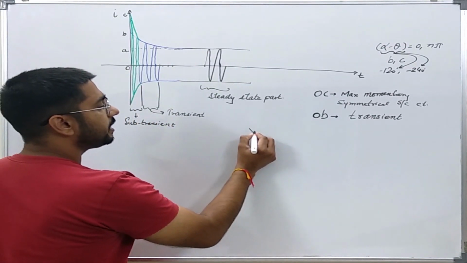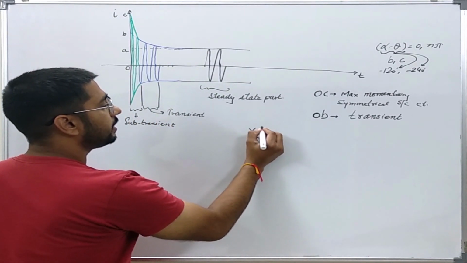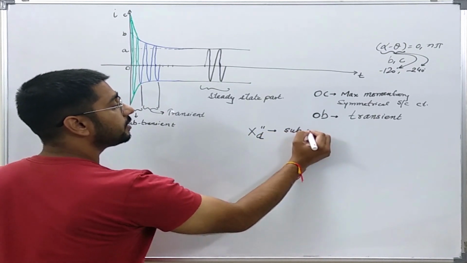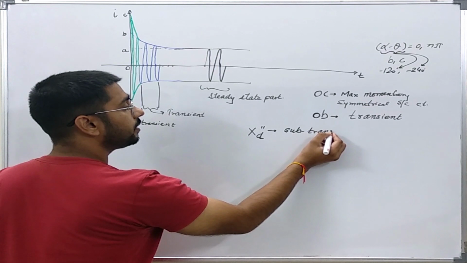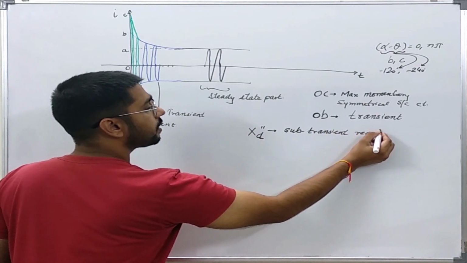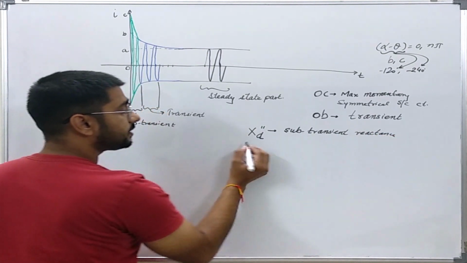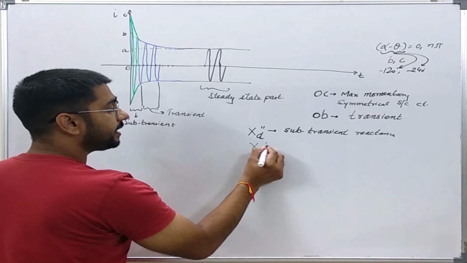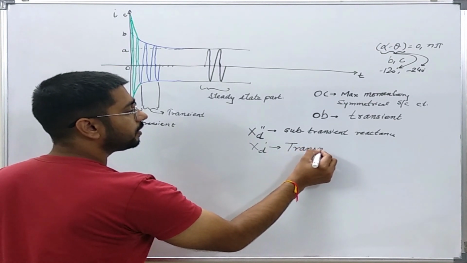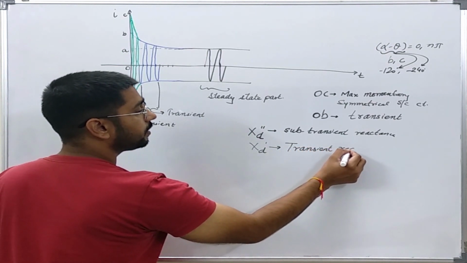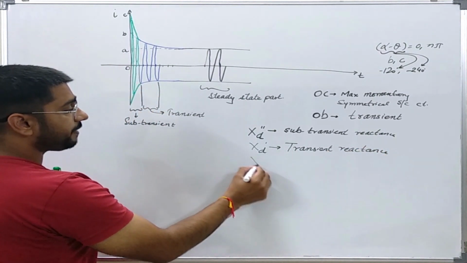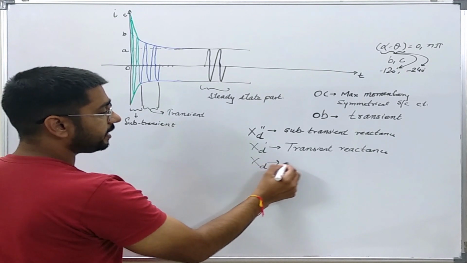First one is the sub-transient reactance. Second one is the transient reactance. And the final one is the synchronous reactance,